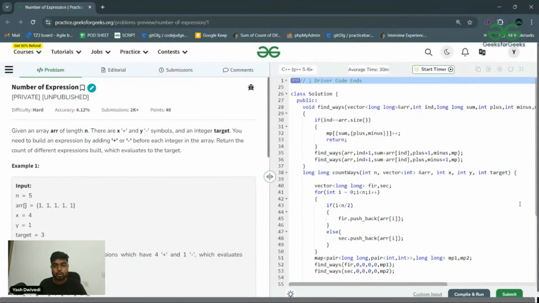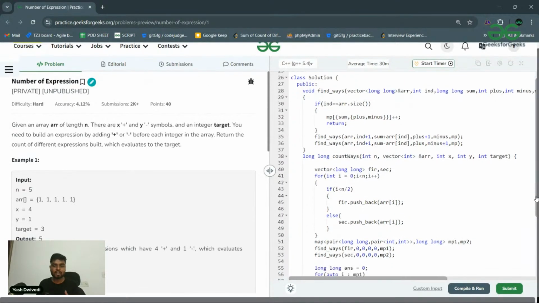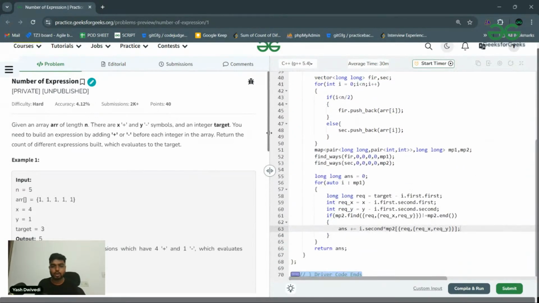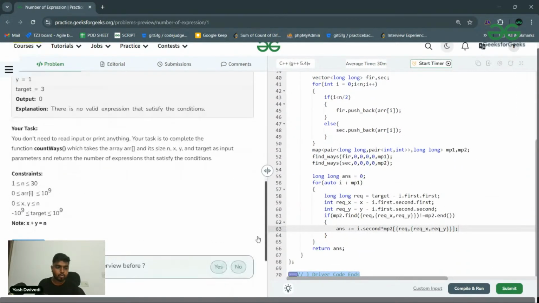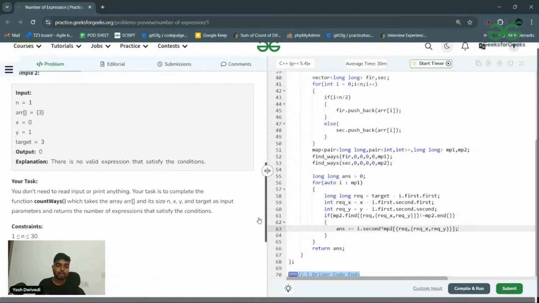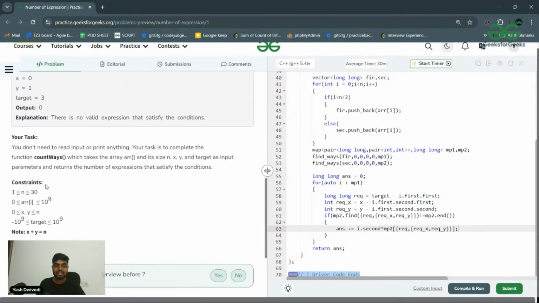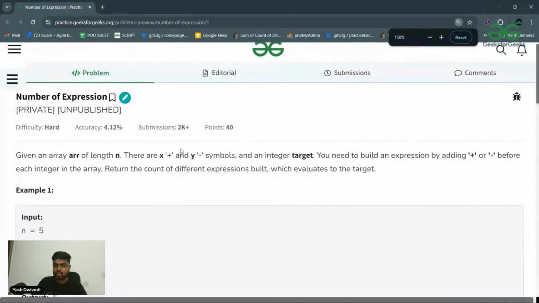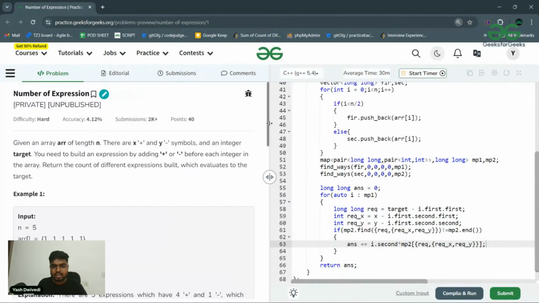Okay, so I hope that this question makes sense. How we are cleverly doing it. You are trying to break the array into two different arrays. Now why are we breaking the array into two different arrays? Because if you see here, the thing is that right now,